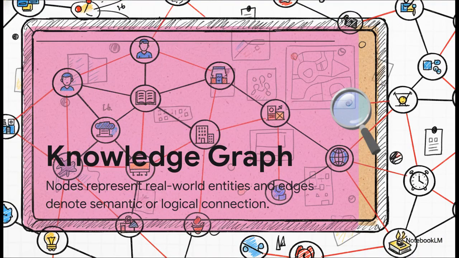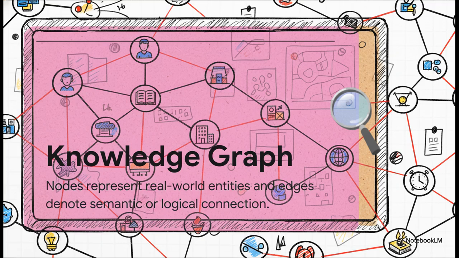While the semantic web laid all that great theoretical groundwork, it was the introduction of knowledge graphs, which Google really took mainstream around 2012, that made these semantic principles immensely practical and scalable on a global level. But what actually is a knowledge graph? Well, it's a structured representation of diversified knowledge, where nodes are real-world entities and edges are the logical connections between them. Think of it like a giant, interconnected detective board.